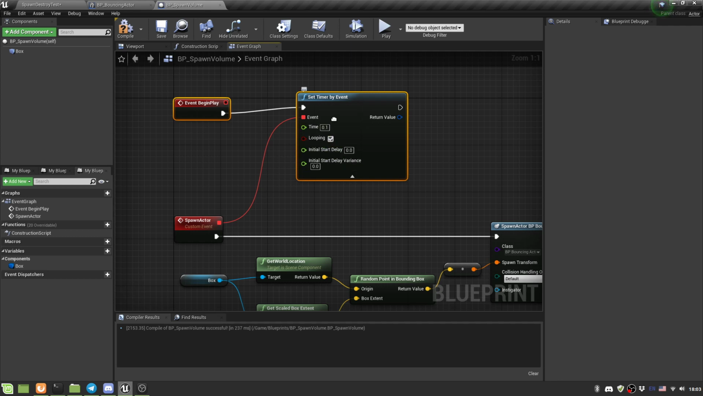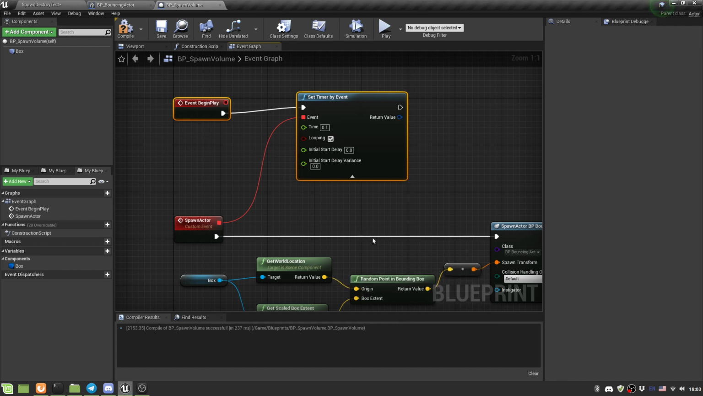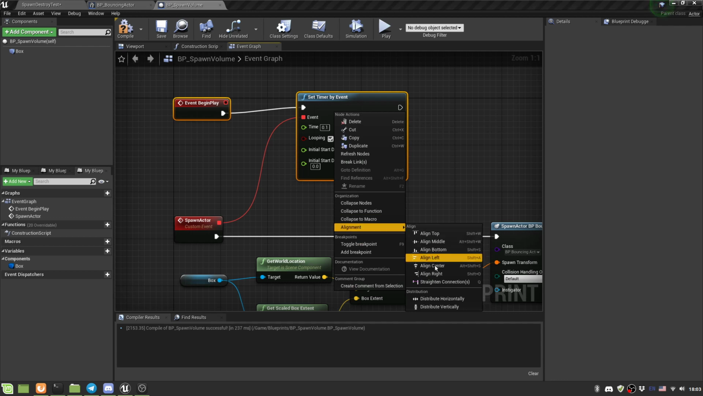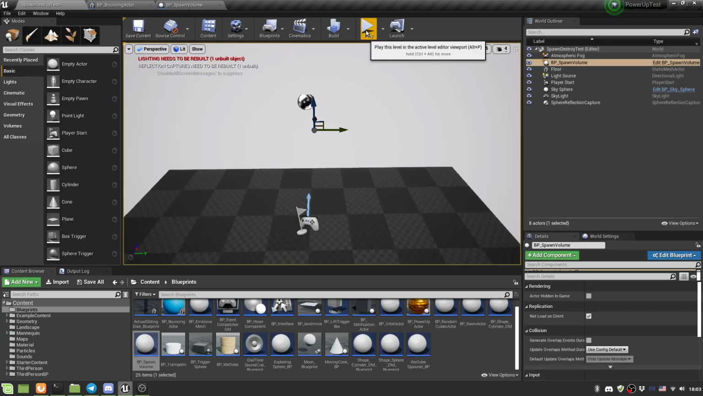Okay, as a quick tip here, I'm kind of anal, but if you want to have things well organized, you can come in here, select the nodes that you want to align, and for example, you can use these straight connections. That one is pretty handy. Okay, so let's compile, save, go into our level, play,